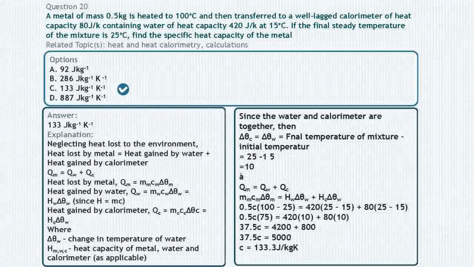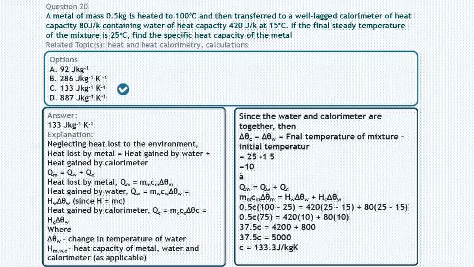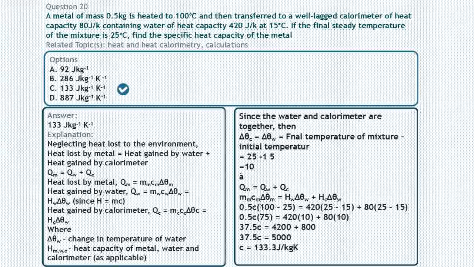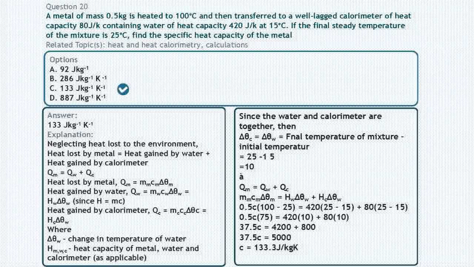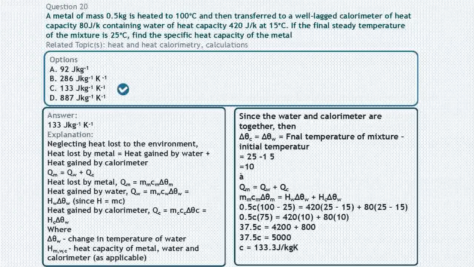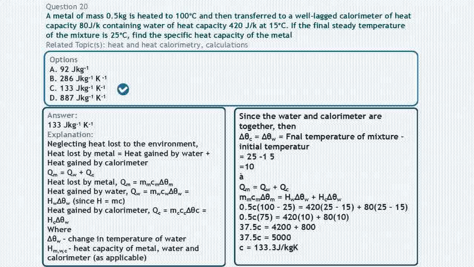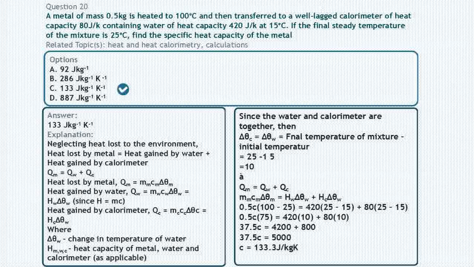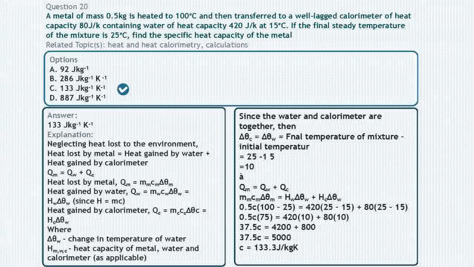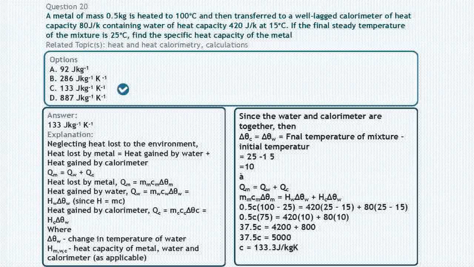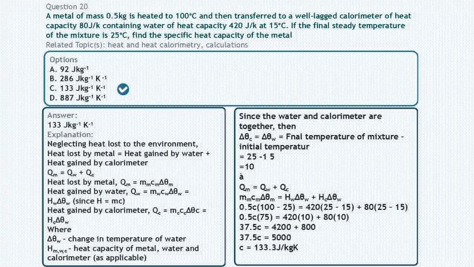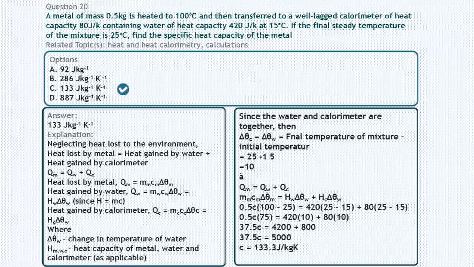Plus the heat capacity of the calorimeter, that's 80 joules per Kelvin, in brackets the change in temperature, that's 10 as well. So this times this is 4200, this times this is 800. Of course, 100 minus 25 is 75. 0.5 times 75 will be 37.5 C. 4200 plus 800 is 5000. To get the value of C, we divide both sides by 37.5, and that will give us 113.3 joules